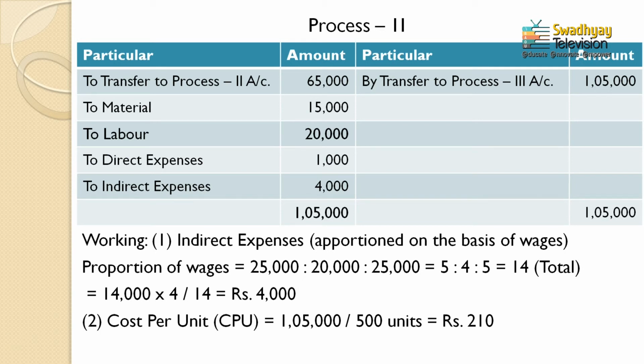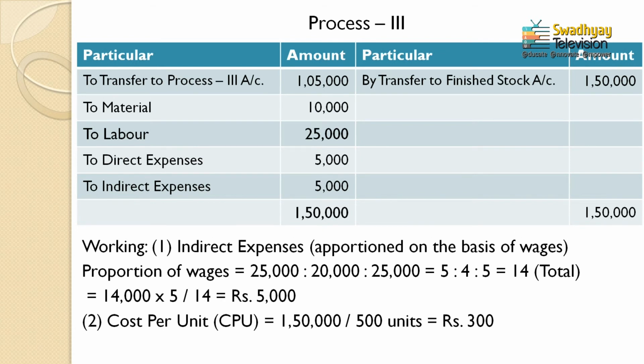Moving to the next process, that is the last process, process 3. First we will identify the item which was brought forward from process 2, and the amount brought forward from process 2 is 1,05,000. Now see here the process 3. The first item is what we transferred from the process 2 account. This is written here as 3, but it is not 3, it is process 2, because we transferred from process 2 rupees 1,05,000. So 1,05,000 rupees is transferred from process 2, that is your first item, and along with that, whatever expenses are incurred in process 3, material, labor, direct expenses and indirect expenses, are going to be recorded on the debit side of the process 3 account.